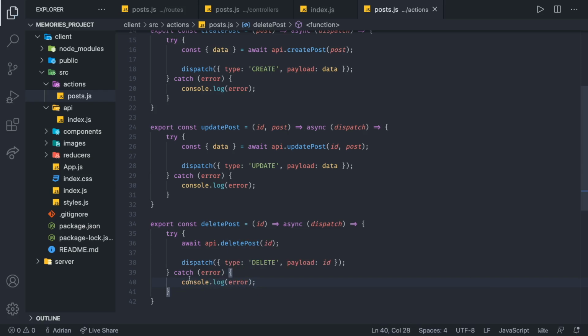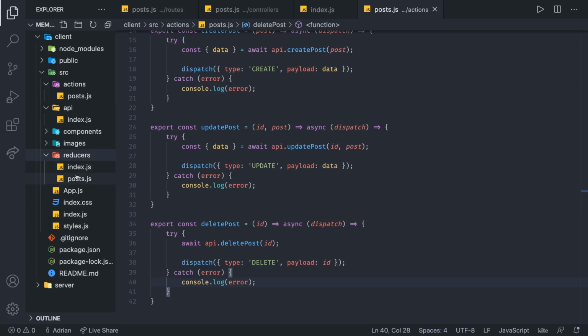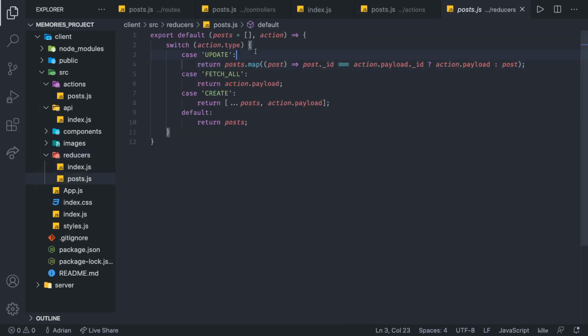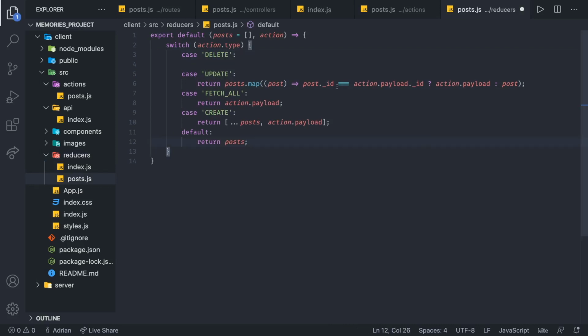Now, one more time, where do we go after we create an action? Well, we go to reducers. So in here, we're passing over the ID and that's gonna be under the type of DELETE. So inside of our posts, we have to implement that delete right here. And now what are we going to do when we delete something? Well, it's going to be really similar to the update, but just a bit simpler. We're going to return